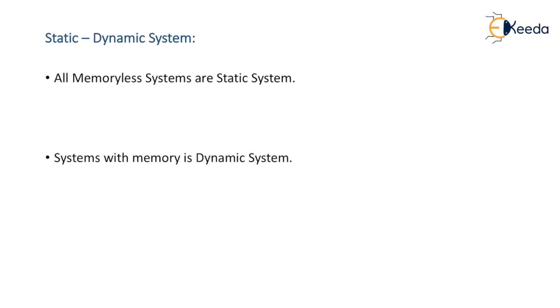The definition of a static system says all memoryless systems are static systems, and if systems are equipped with memory, then it is a dynamic system. Now, for example,